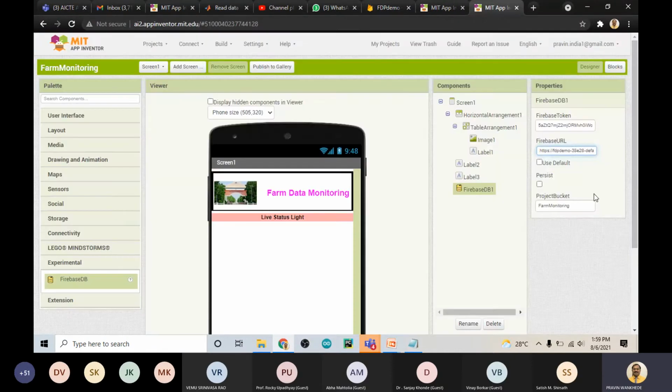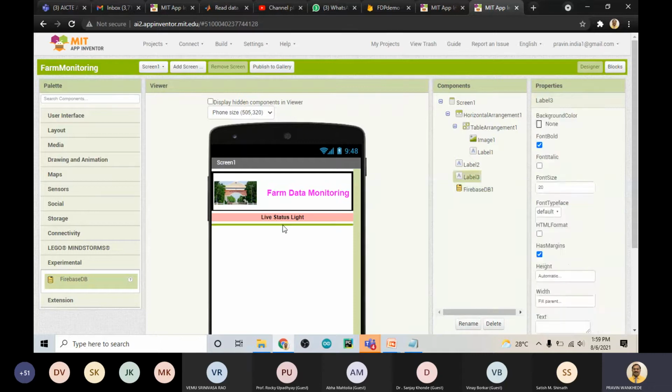Now once you are done with this, almost everything is ready for how the app will look. But we have not specified what data will come on this label 3, correct? So basically we have developed the front end, not the back end. This is just the front end we have developed, that this will be the image, this will be the text. So whatever amount of data we visualize is now available here. Now what should happen at the back end, we have to do by using programming.